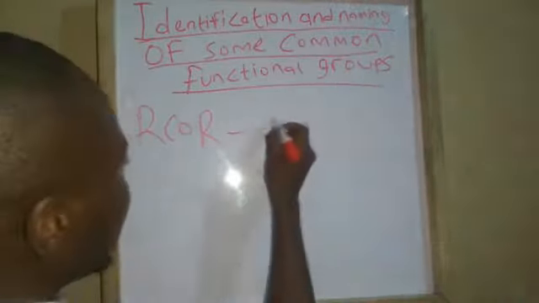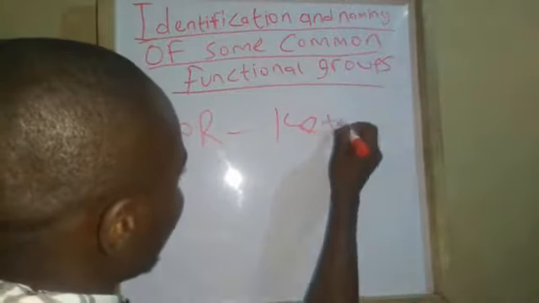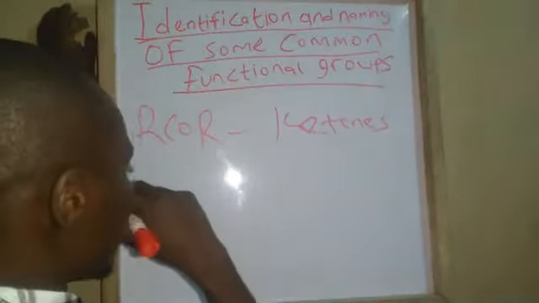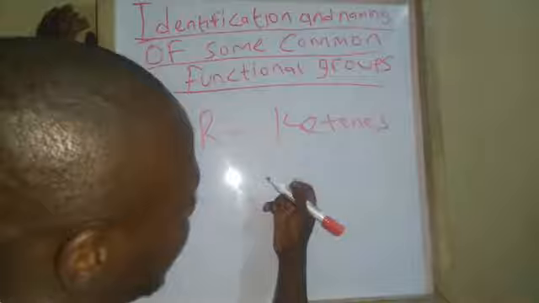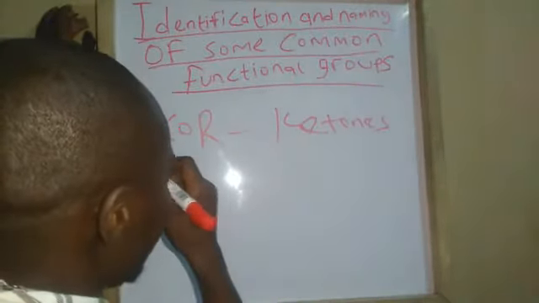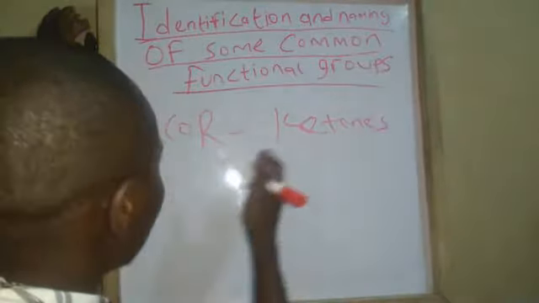So these are the ketones. So now we want to draw the structure of ketones. Let's draw the structure of pentanone. Pentanone. So that will be